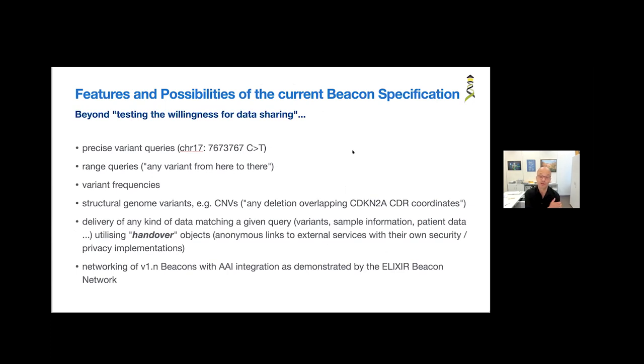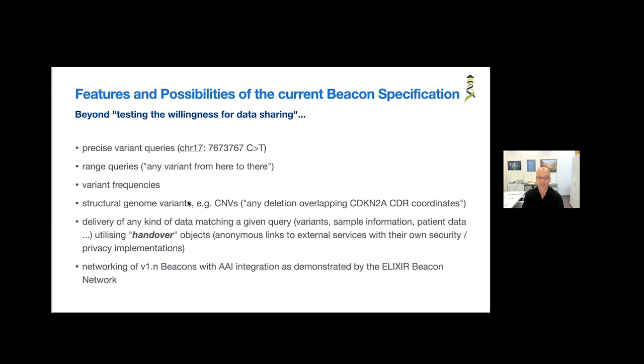So what's currently possible in Beacon? Beyond testing the willingness for data sharing, as with the original precise queries, we have now range queries, so you can specify a range from here to there and various variants, not only precisely specified variants. The responses already deliver frequencies and structural variants like deletions, I will show this.